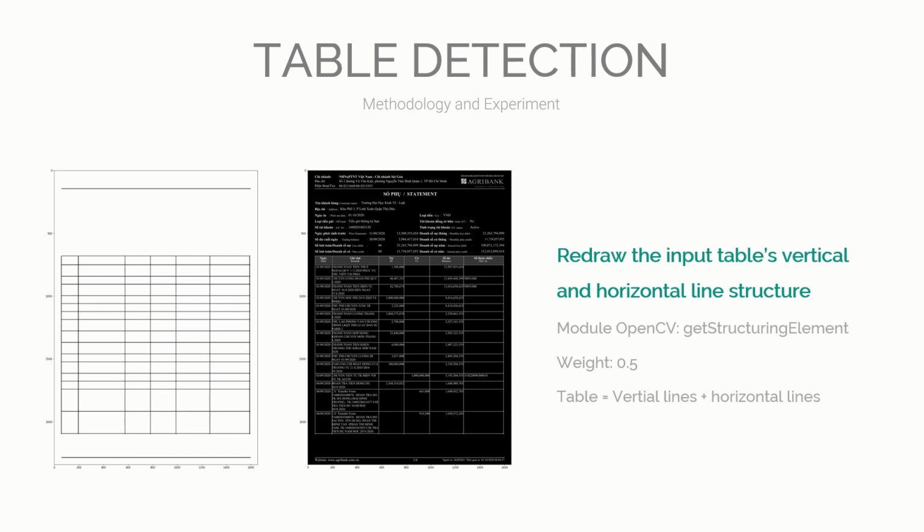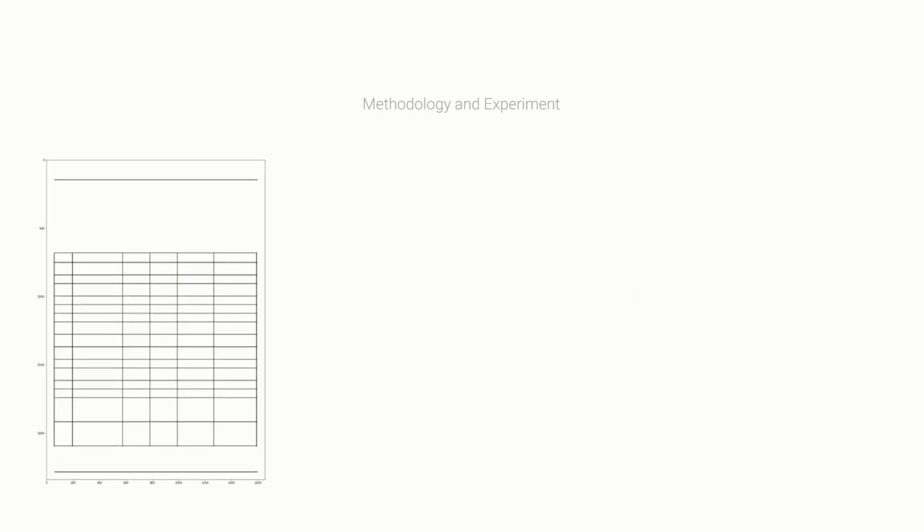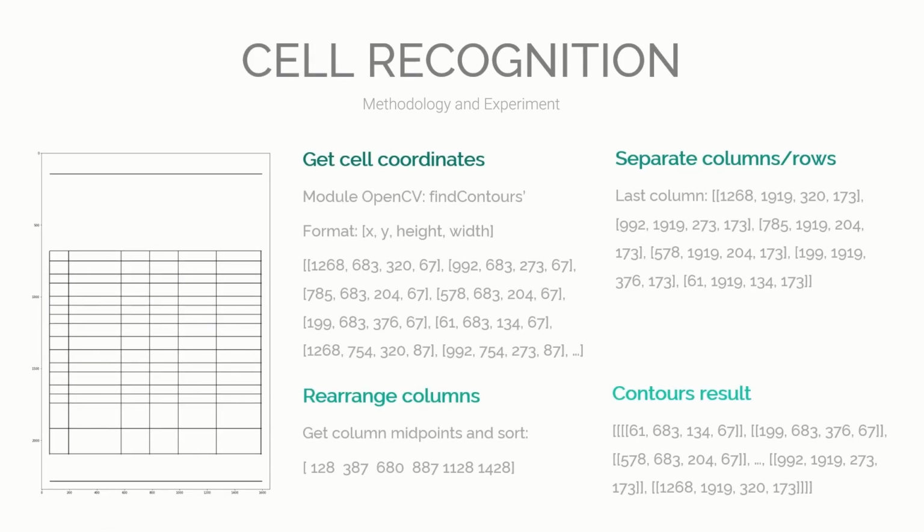The row list is the container of columns that are logically arranged from left to right. From the received row and column lists, we may now calculate the number of columns and cells and get the column midpoints, arranging them in the right order. The returned output contains cells from left to right and from top to bottom of the table. This helps us extract text from each cell and create the Excel file more easily.